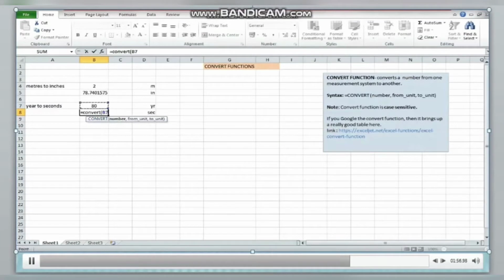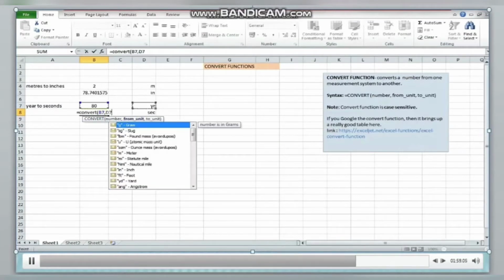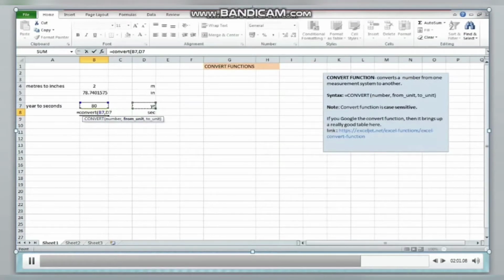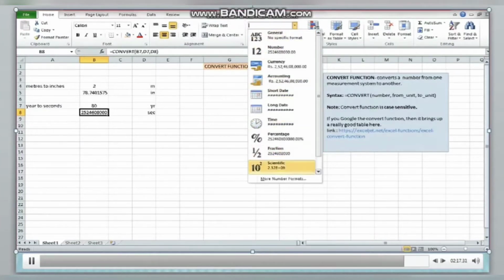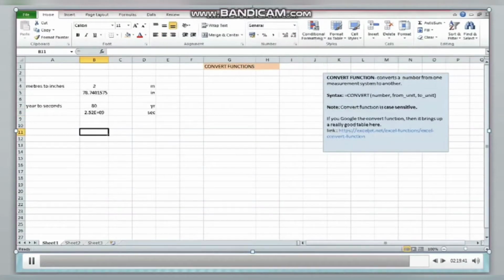I'll select 80 as the number, comma, YR as my first unit system, comma, SEC as the second unit system, close the bracket and press enter. So I get these many seconds. Now I can also write it in scientific form, that is I can select scientific here to get the scientific notation of the seconds. So this was all for the convert function.